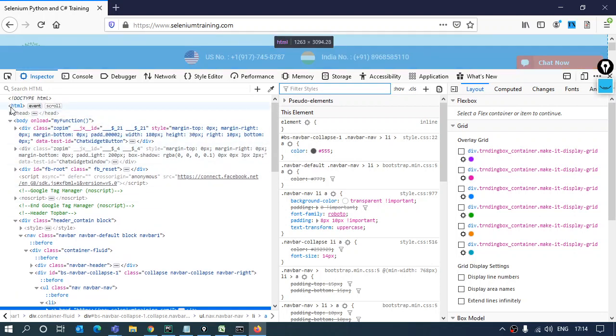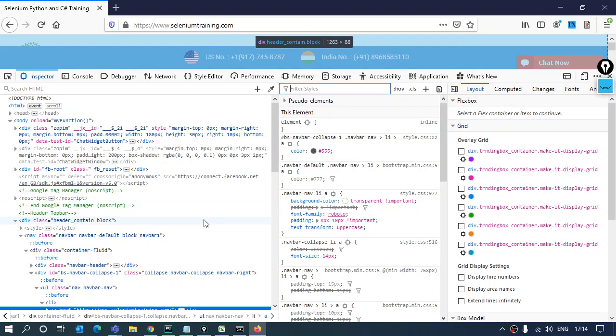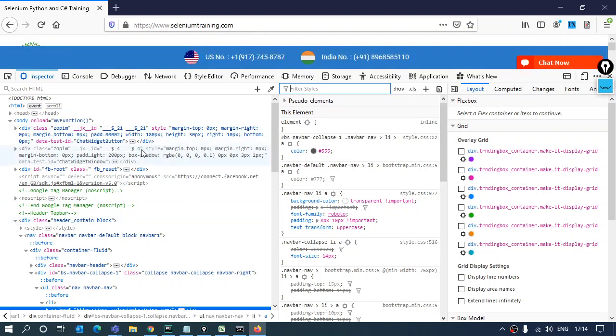So if I have to make the XPath for this home link, how will I be able to make it? On this inspecting screen, you just need to hit Control F and you will get a search box to write. So starting here, how will it be? The very first tag for complete XPath, I told you, is going to start from the very first tag, the HTML tag. To move further in the hierarchy, we will be using the forward slash.